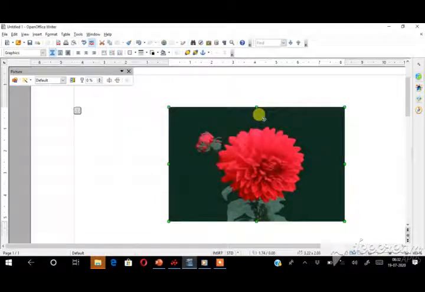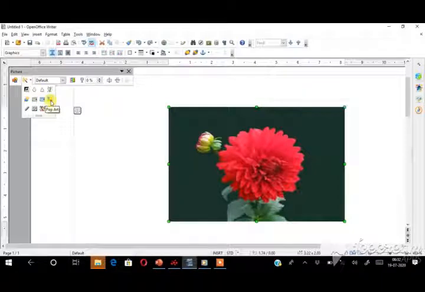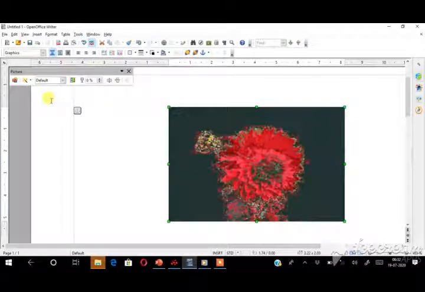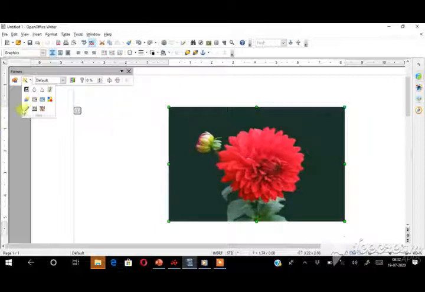See here. And the next you have pop art. See here how your picture is changing now. And the next is here. I'm changing my picture back to the original shape.